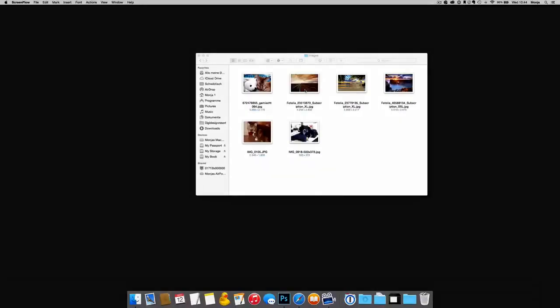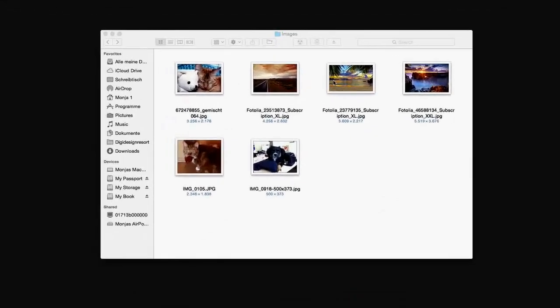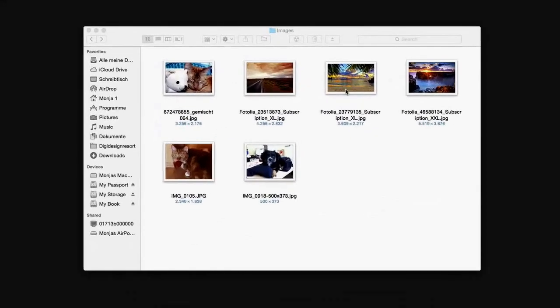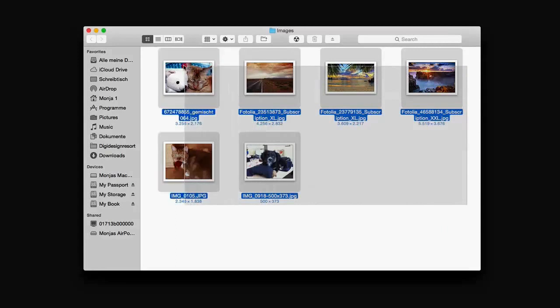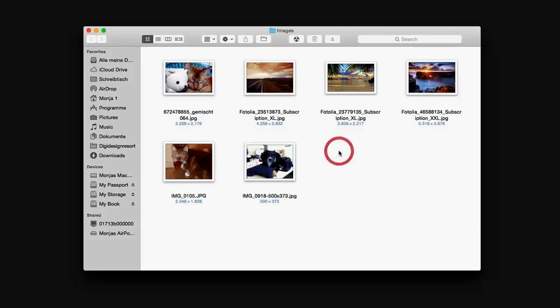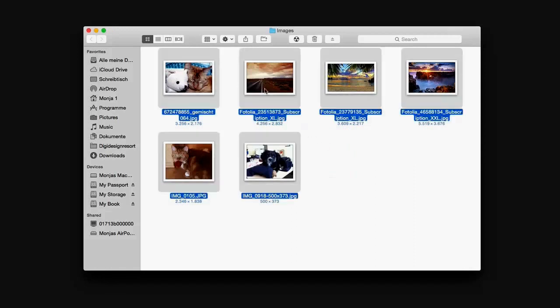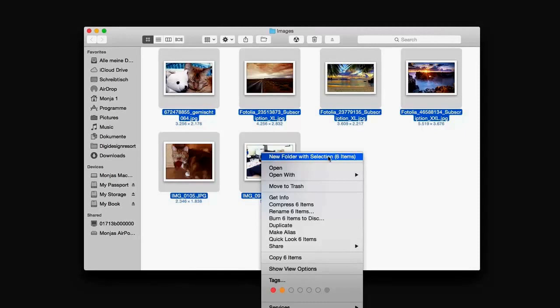In this tutorial, I'm going to show you how you can create a folder from chosen files. So I have opened now several images. You can of course add whatever kind of file you want. It doesn't have to be a JPG image. What you have to do is mark them all. Just go from bottom left to top right with your left mouse, or just press Command A and you have marked them all. Then do a right click and choose New Folder with Selection,